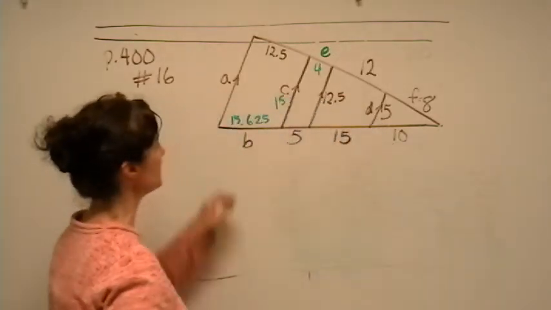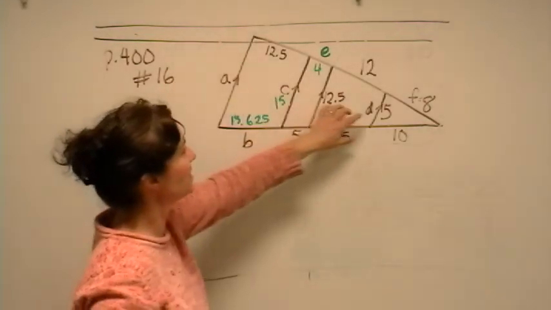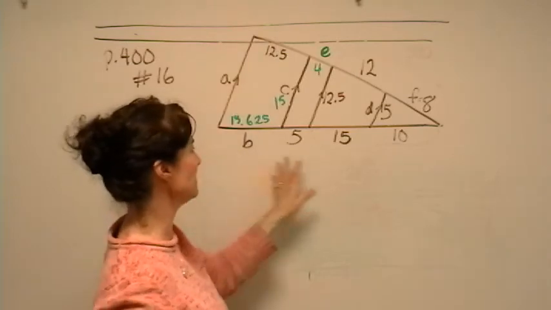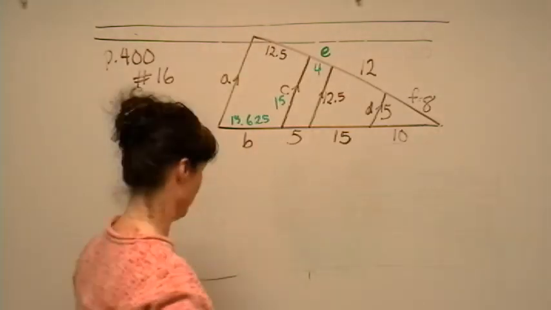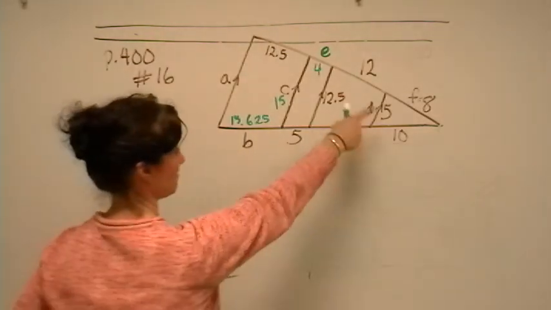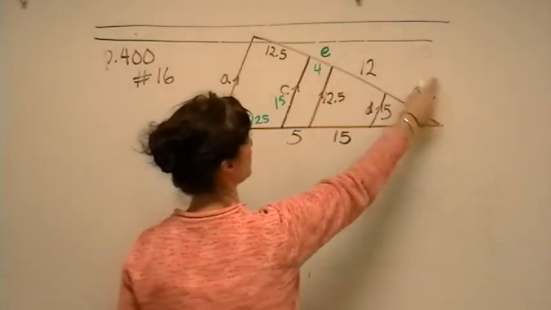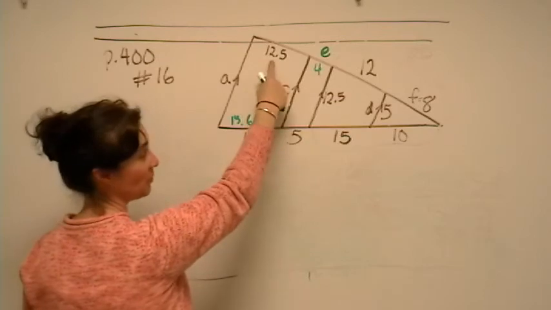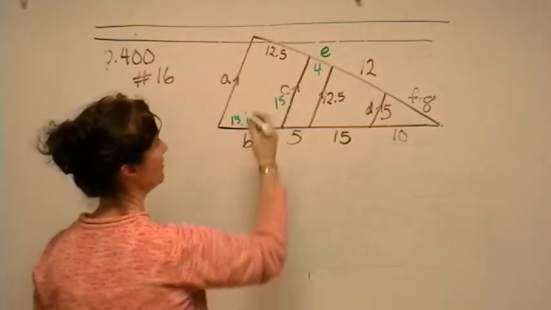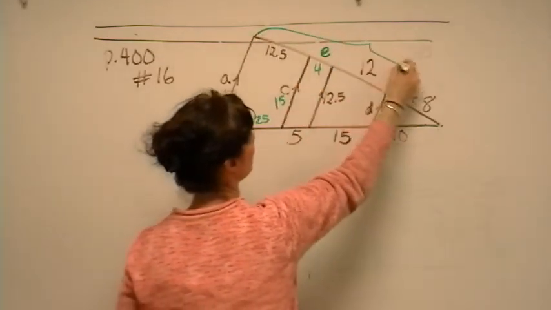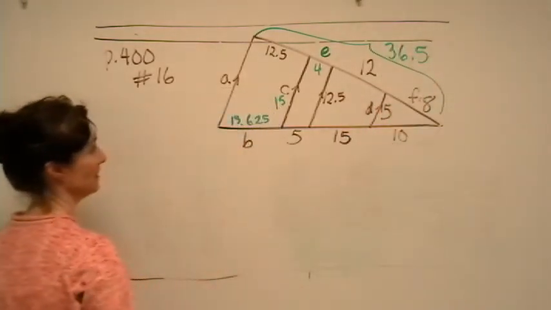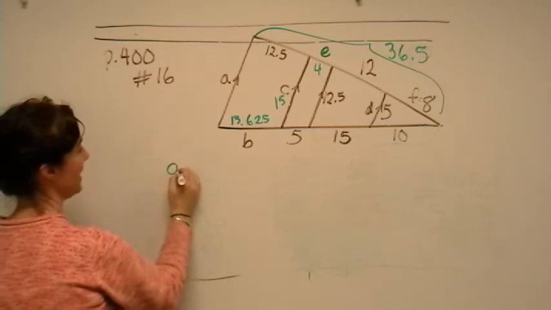Okay, so when we're doing this whole side here, it would be easier for us to use this side of the triangle to find it because this side has this really long decimal in it. So rather than adding all of that up, we'll just work on this side. We have 24 here. 24 plus 10 is 34, and 2.5 more is 36.5. So the whole side here is 36.5. So we have the whole side A,